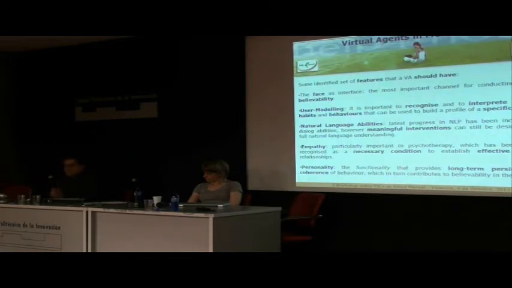The phase, as Luis already explained, was a process to decide what was the optimum phase to create. The second point is related with the user modeling. It's important to recognize what the user is doing, or what evolution they have during a certain period of time. So we need this information to create a user model that serves as the basis for the reactions of the virtual agents.